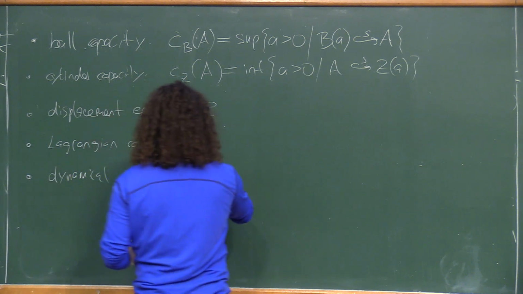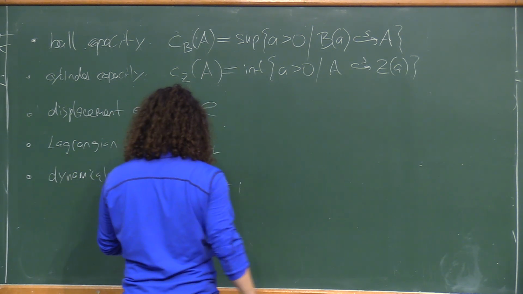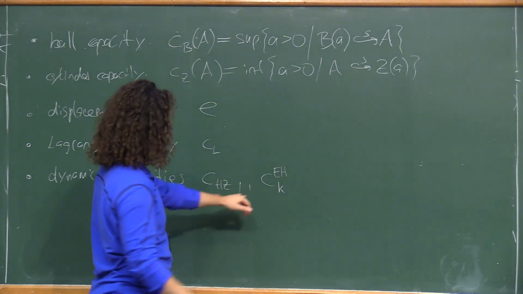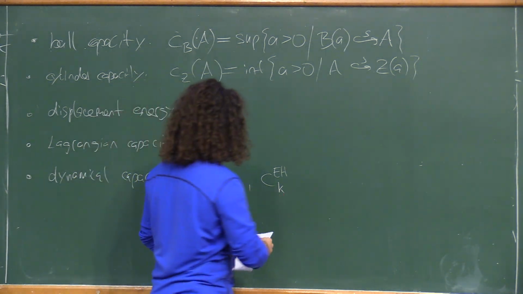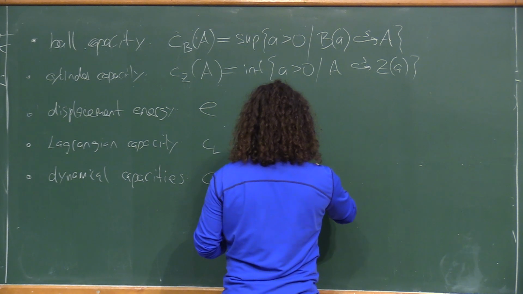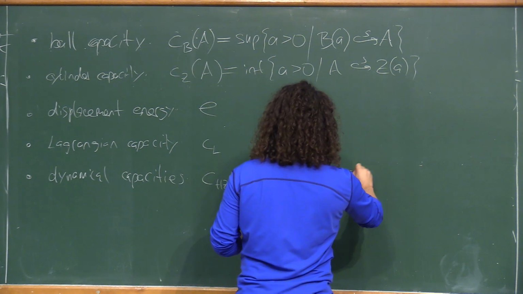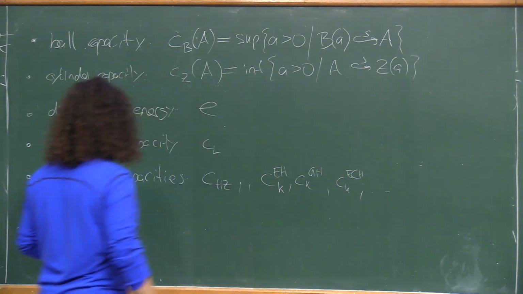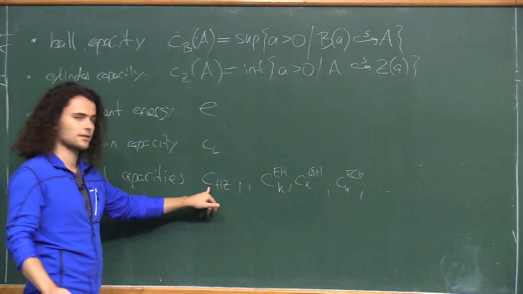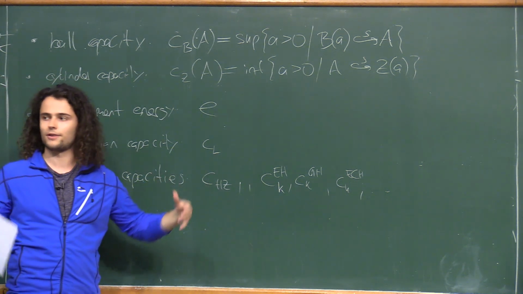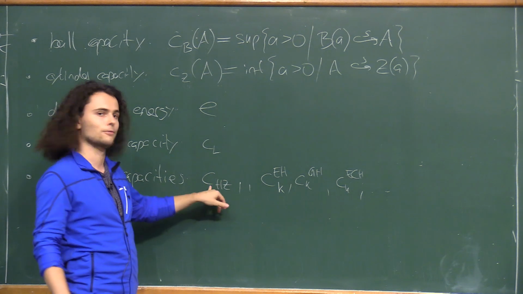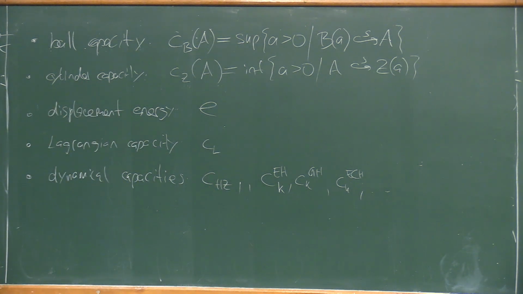So an example would be the Hofer-Zehnder capacity or the equivariant Hofer capacities. And those actually come in a whole family that are parameterized by positive integers. There are what are called Gutt-Hutchings capacities or ECH capacities and, well, maybe even more. So there's a long list of these capacities. And there the idea is that if I input, say, a star-shaped domain into the capacity, then it has this Reeb flow on the boundary. And these are all very sophisticated ways of extracting the action of certain special Reeb orbits on these boundaries.